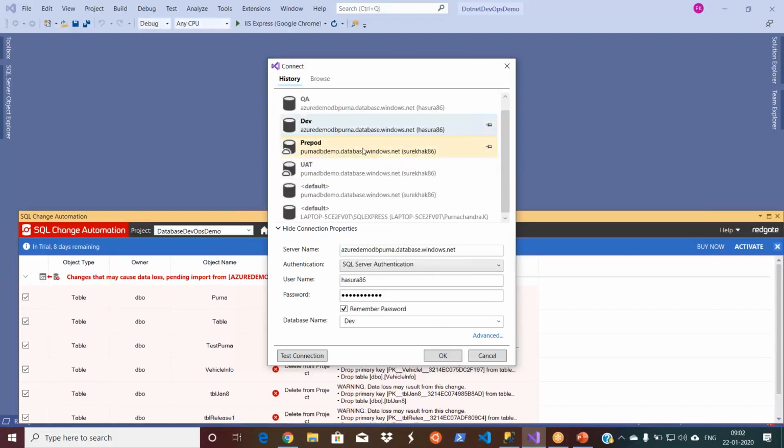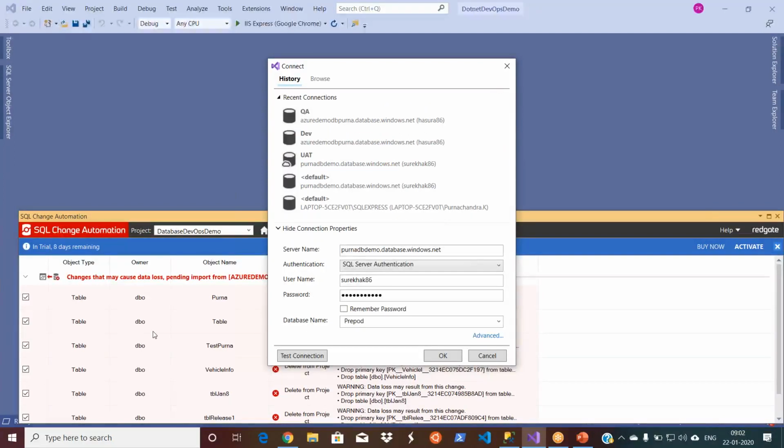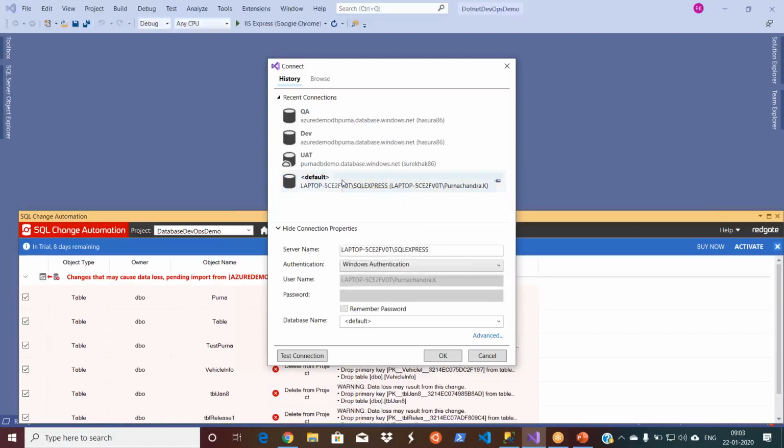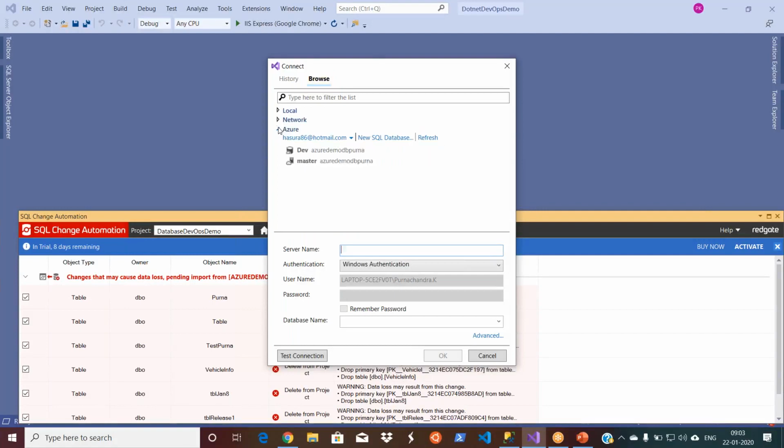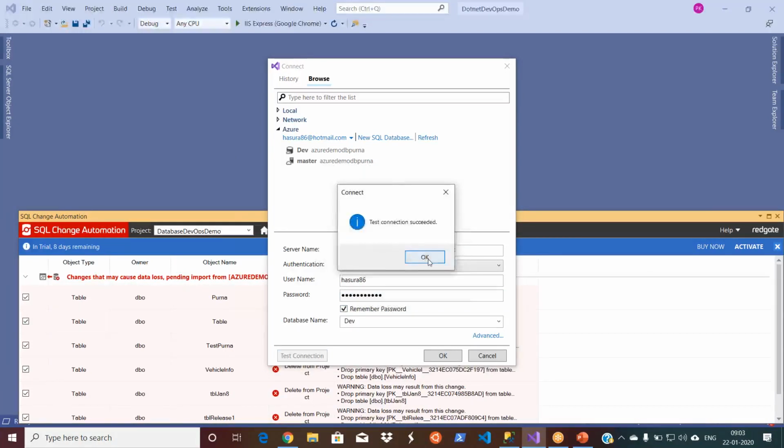I'm not sure why it connected to that, because whatever you see, right, those are for the other server. That's the history, and from here, okay. So dev database. Let me give one more time. Remember test connection.